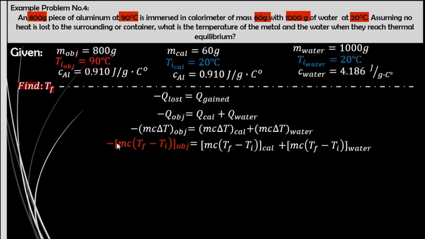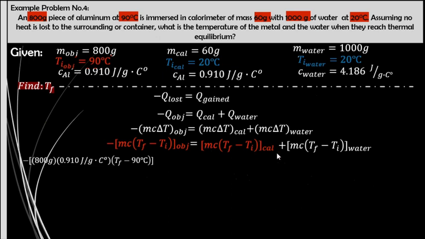So let us substitute the data for our object. So that will become negative 800 grams times 0.910 joule per gram times Celsius degree times T sub F, which is unknown, minus T sub I, the initial temperature of the object, which is 90 degrees Celsius, equals,